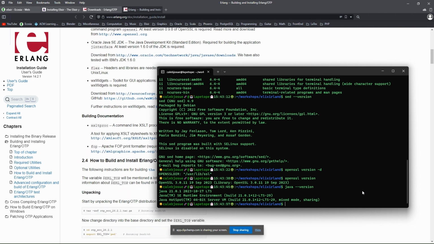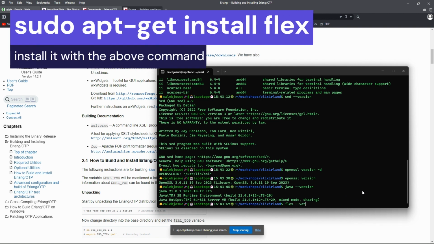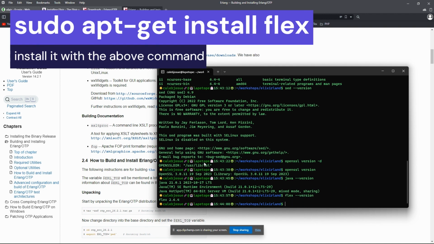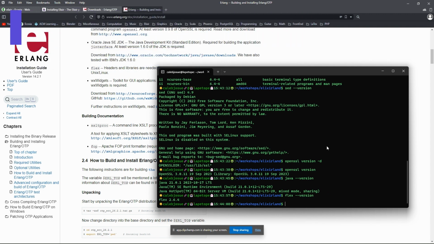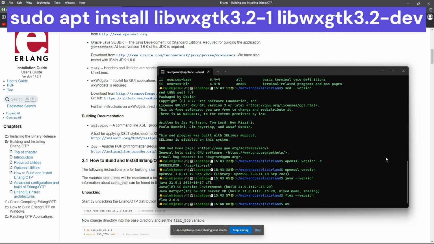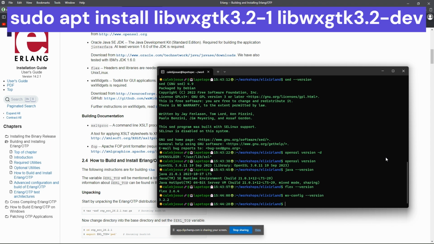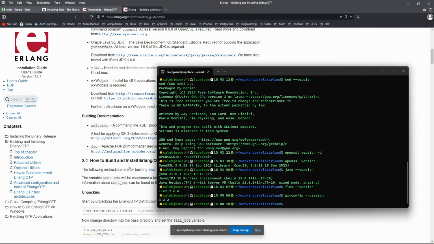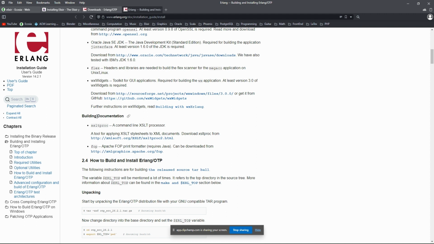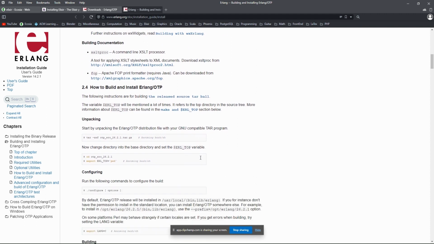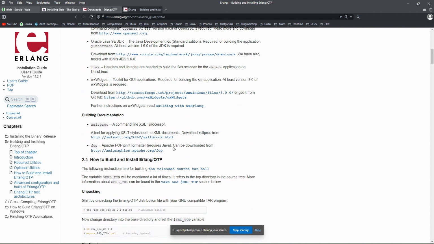Now this is the Flex utility, and I did have to install this Flex for Erlang. When you install Flex, it contains the M4 utility. It arrives with Flex. Now on the screen we are seeing the wxGTK, the widgets, and I did install it for Erlang. Now we are not building the documentation, so let's continue with actually